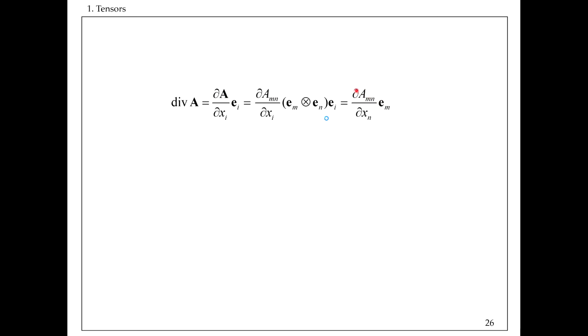And so the result will be the components will be dA_mn with respect to dx_n, right? And so the one vector component that survives here, the actual vector, is e_m, right? And the corresponding component, so this is a free index m here, and n here are dummy indexes. And now you can see, as promised, this is indeed a vector, and so we can write the components of that